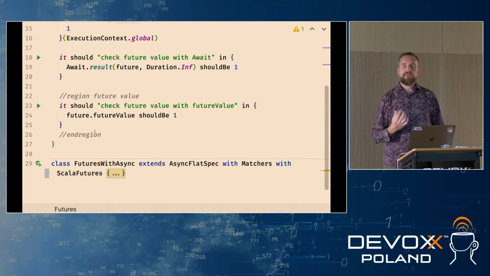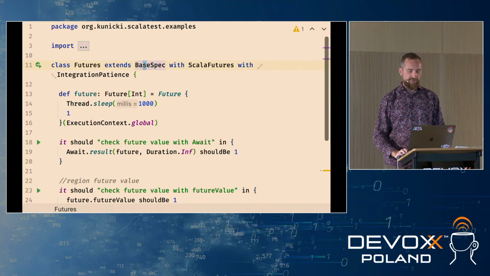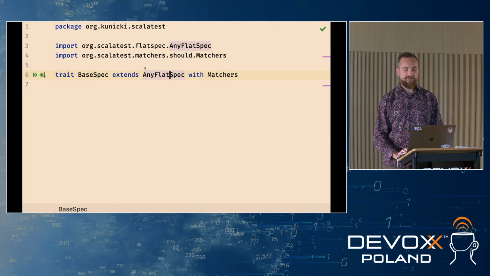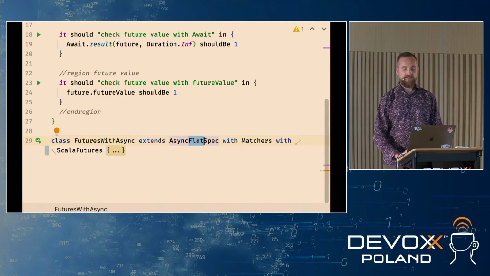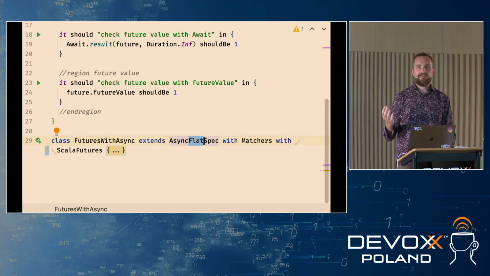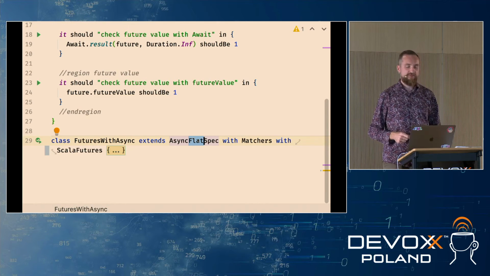So this was one way of looking at futures using the ScalaFutures trait, but there is also another approach that you may find useful. And this is done using the AsyncFlatSpec. So far the base trait that we were using, I'm extending the BaseSpec everywhere, and the BaseSpec extends AnyFlatSpec. So this is the default one that we are using everywhere. But here you can see that instead of AnyFlatSpec, I'm extending AsyncFlatSpec. And the difference between AsyncFlatSpec and normal FlatSpec is that in the async variant, you don't return an assertion, which is what you normally do when extending AnyFlatSpec, but you return a Future of an Assertion, and ScalaTest is actually taking care of